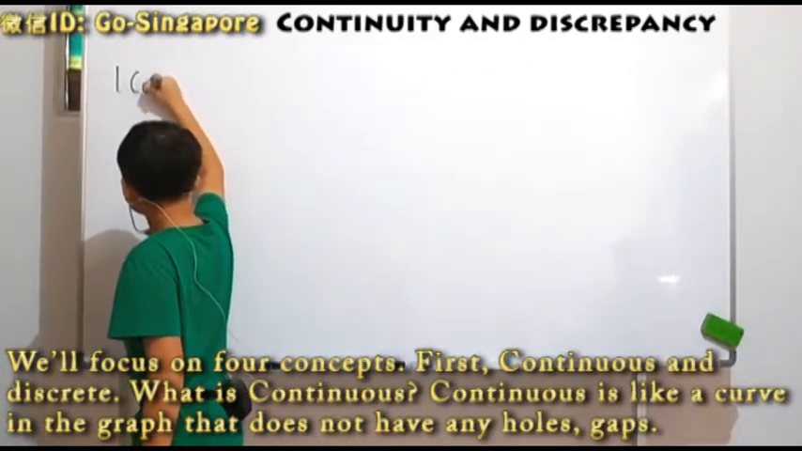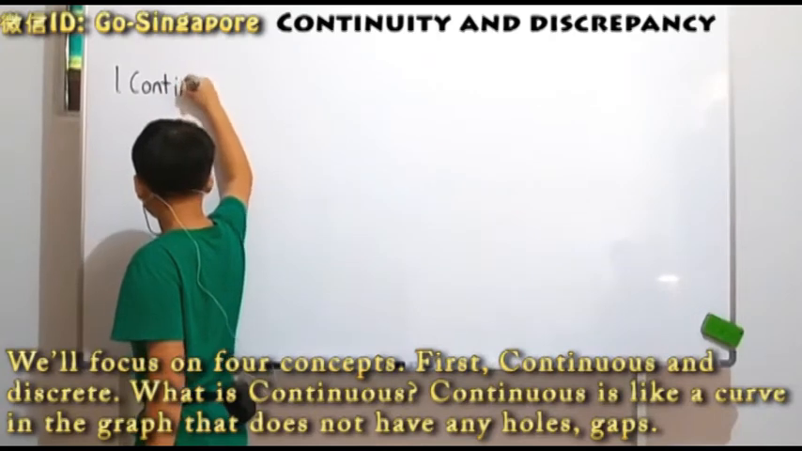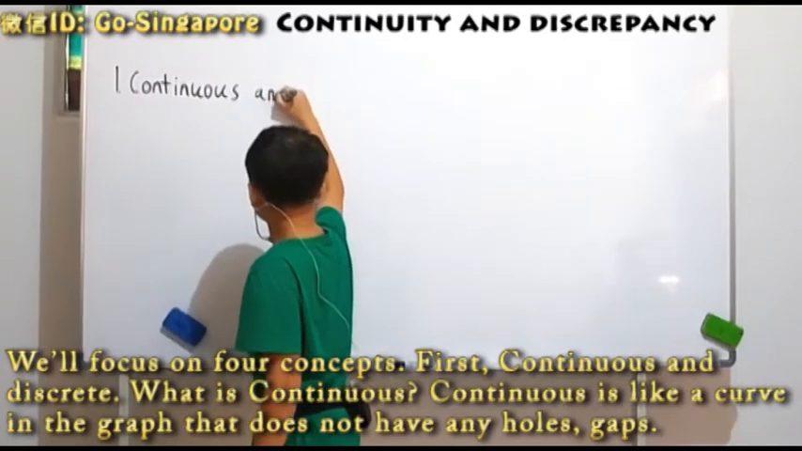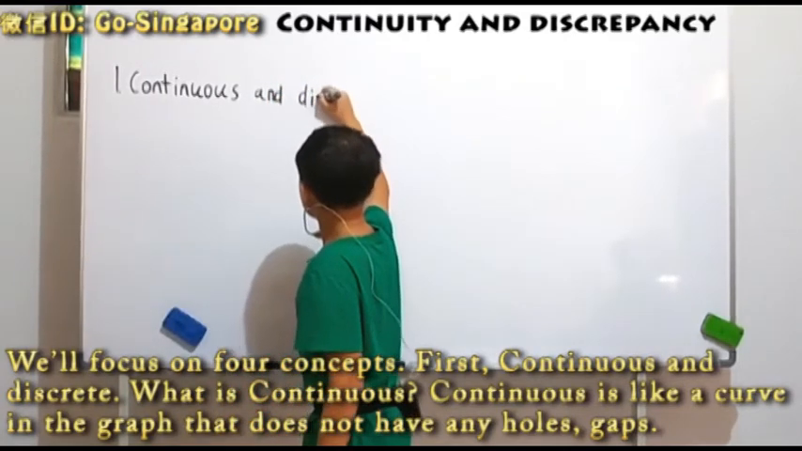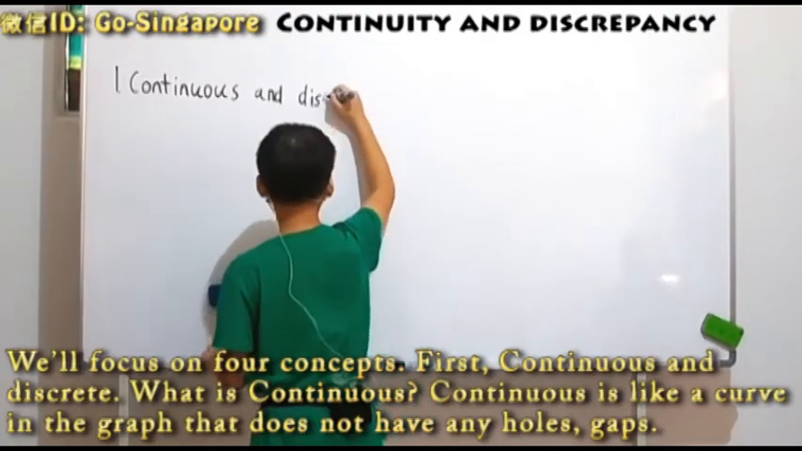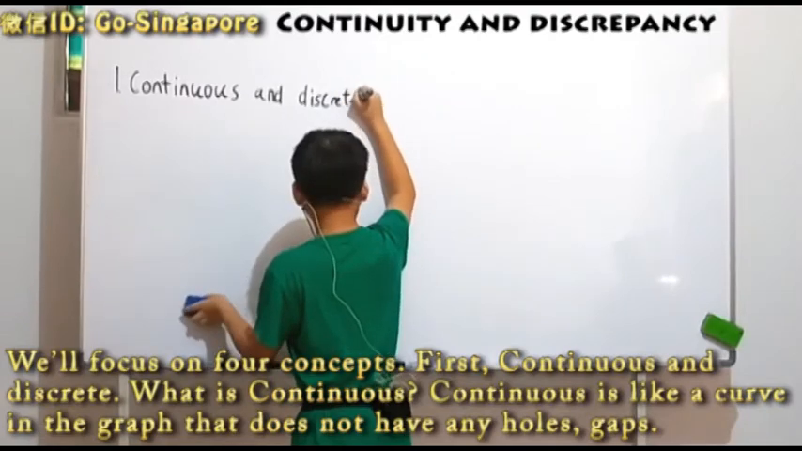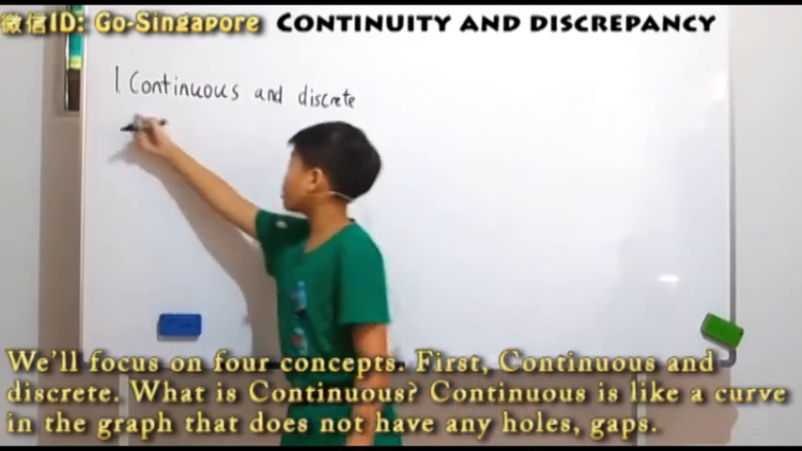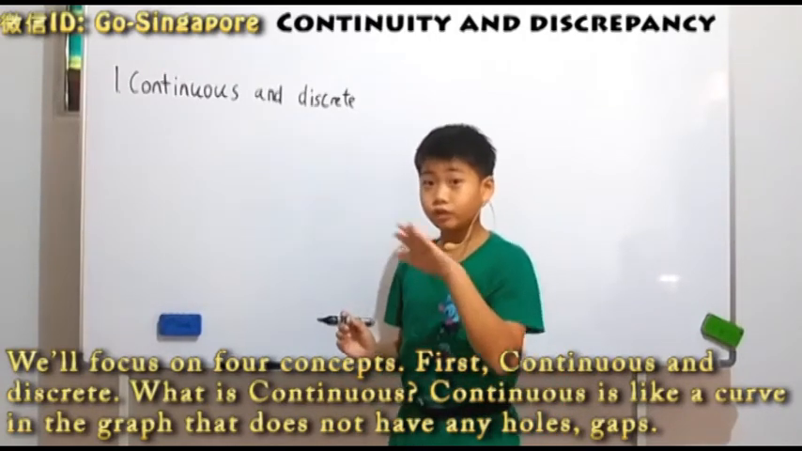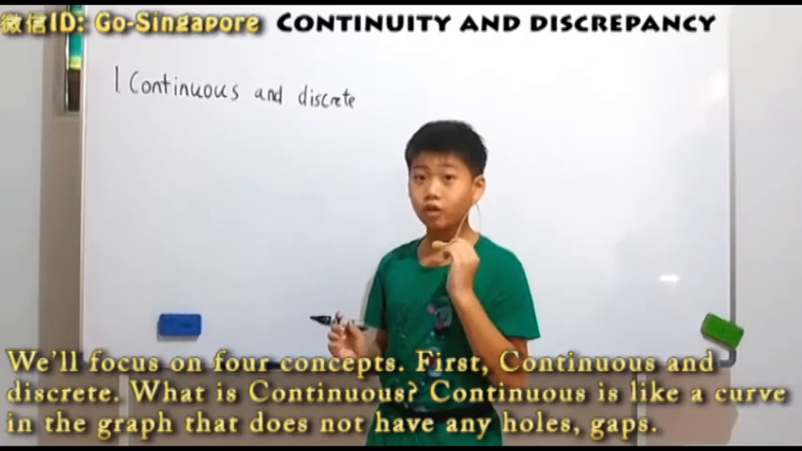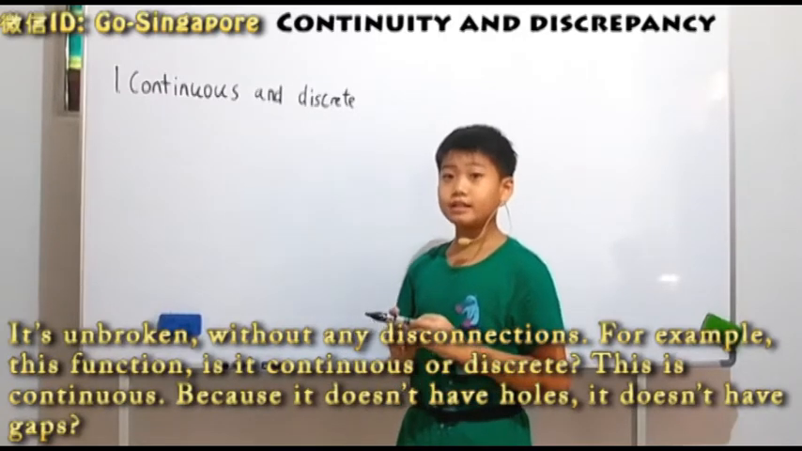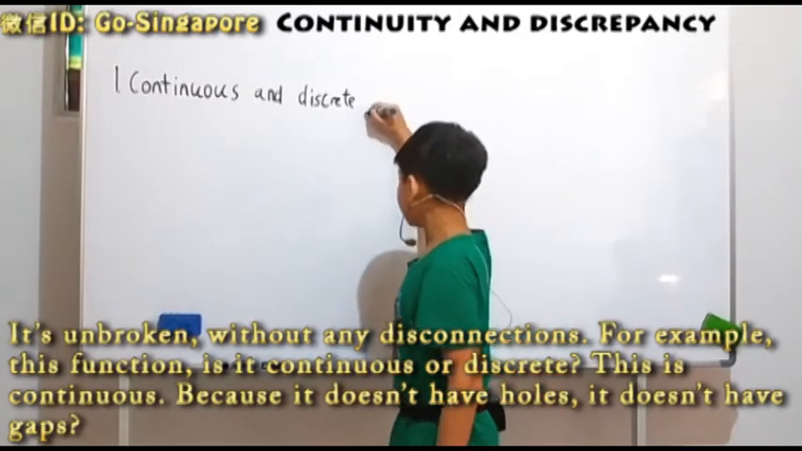First, continuous and discrete. What is continuous? Continuous is like a curve in a graph that does not have any holes, gaps, is unbroken without any disconnections. For example,